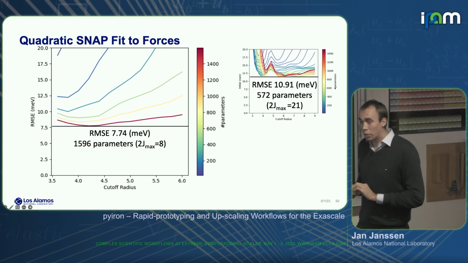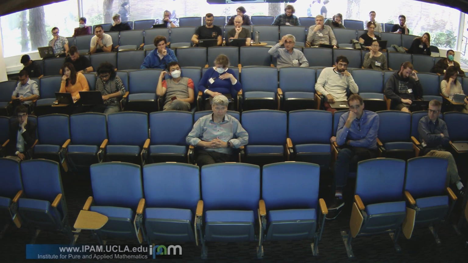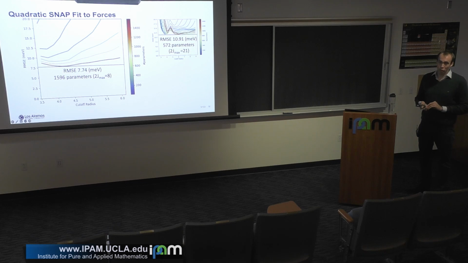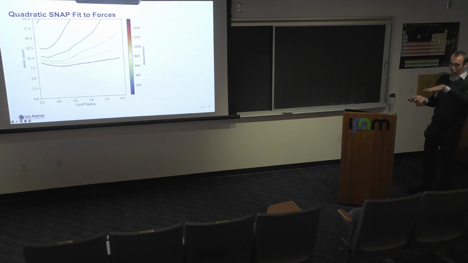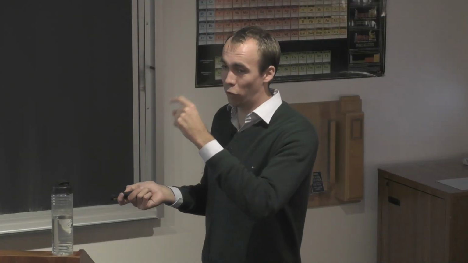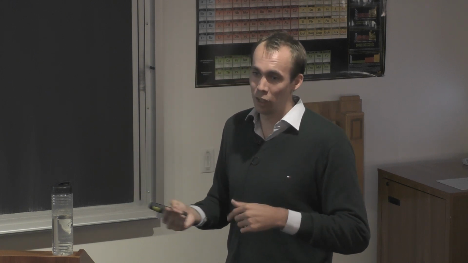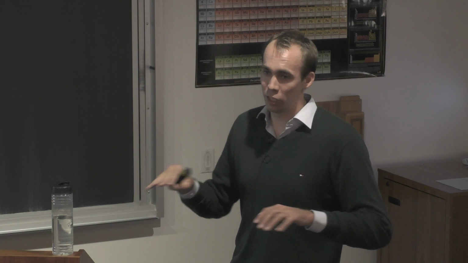Yes? So what are the units on the y-axis? Should be electron volts per atom, per angstrom, or what? Sorry, I only show the error on the energy, just to be consistent with the previous plots, right? So on these plots, I always just fit on energy. Also now for the force comparison, I just show the energy error. But I include the force in the fit, basically by weighting them 1 divided by 150, which is basically to have the same weight between energy and forces.